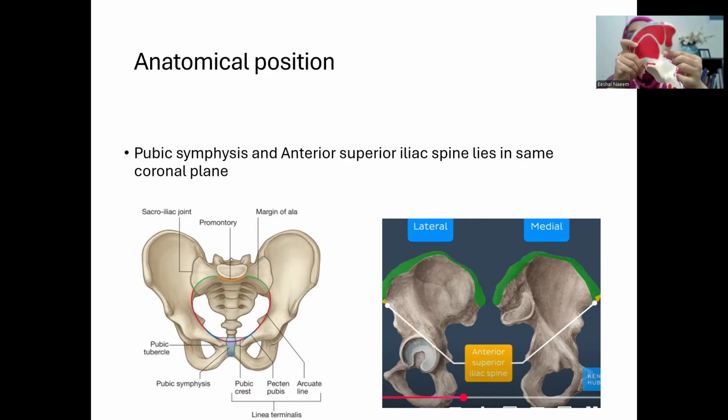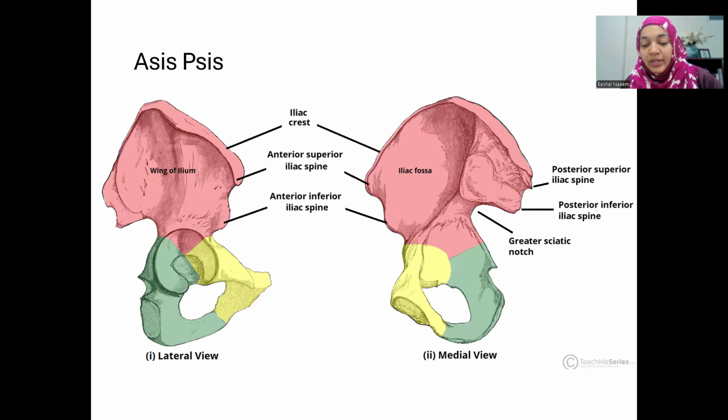This is the posterior border of the ilium, which starts from the posterior superior iliac spine all the way to the start of the greater sciatic notch. This is the posterior border of the ilium. And we have a medial border which demarcates the sacropelvic surface from the smooth iliac fossa. So this is the medial border of the ilium. These are the three borders of the ilium. Moving on, you can appreciate that this is on the posterior. So this is the left side of the bone.